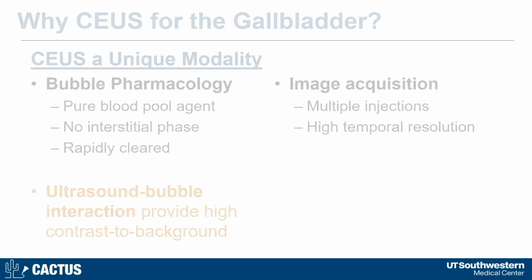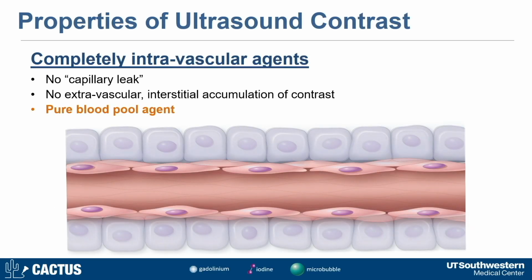You can do high-tempo imaging. And using these microbubbles, which are purely intravascular, basically anything that enhances is perfused. And anything that is not perfused will not enhance. And we see that with scar tissue or inflammatory tissue in CT or MRI because of this extravascular interstitial accumulation of gadolinium and iodine-based agents. Whereas with microbubbles,